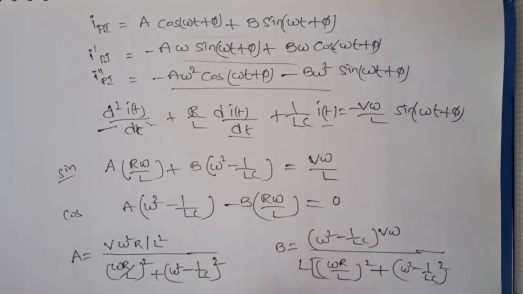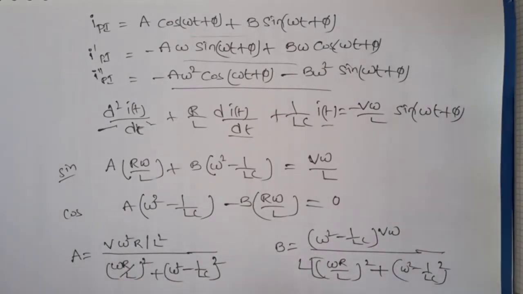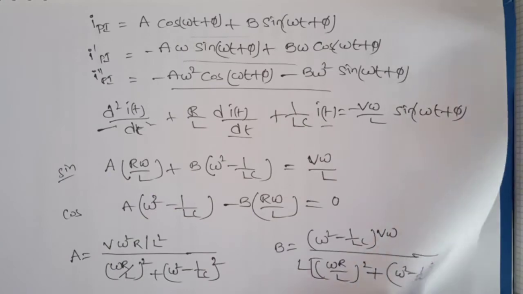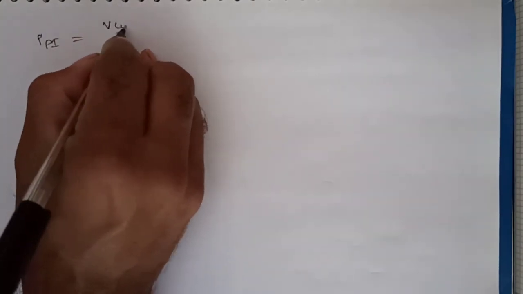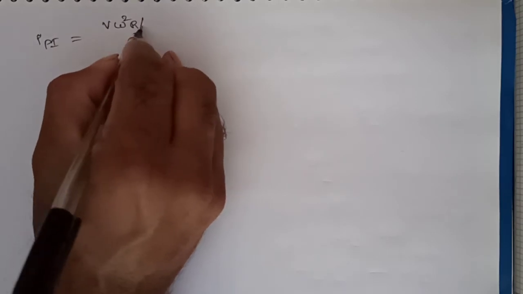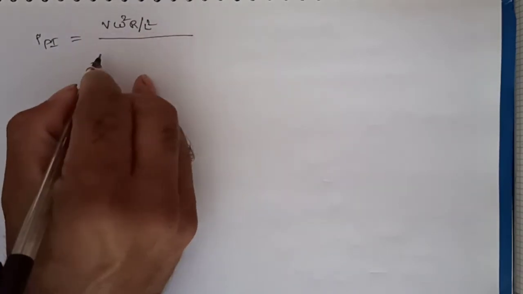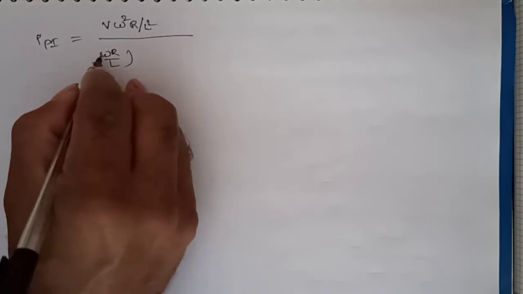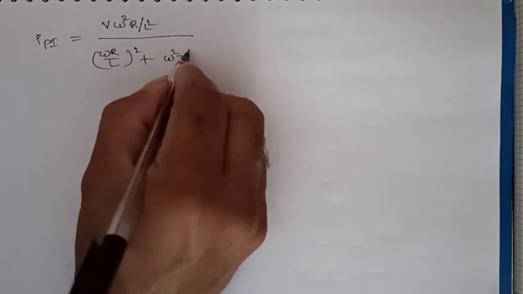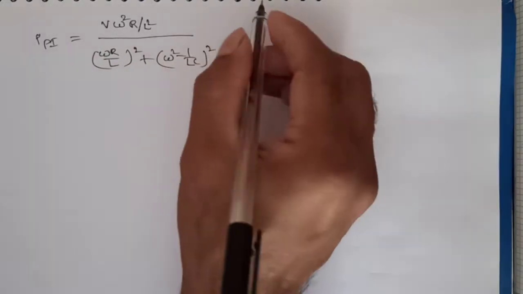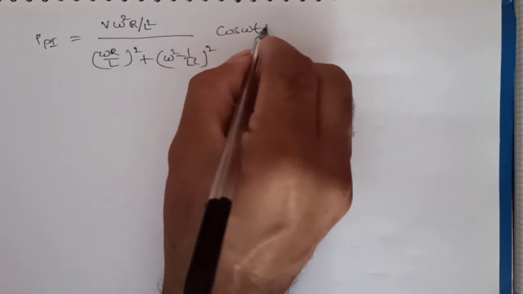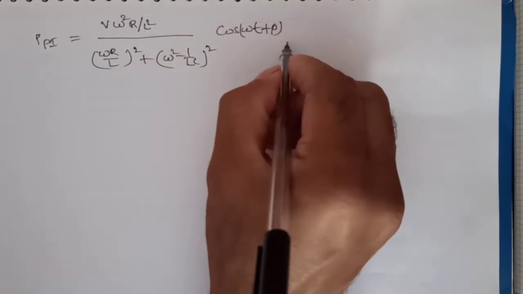So while doing the derivation we are getting these terms, but while solving the problem this total mathematical equation will become a certain value, either 2 or 3 or 0.4. So now substituting A and B in the equation of the particular integral, we will get I particular integral equal to V into omega square into R by L square divided by omega R by L whole square plus omega square minus 1 by LC whole square into cos of omega t plus pi, whatever the term we assume, plus